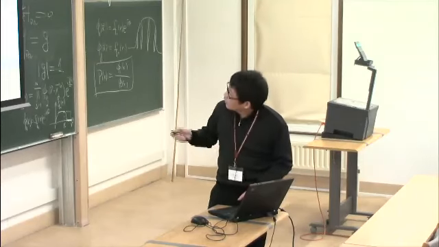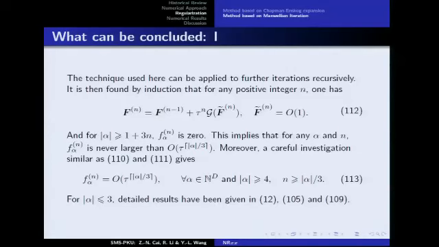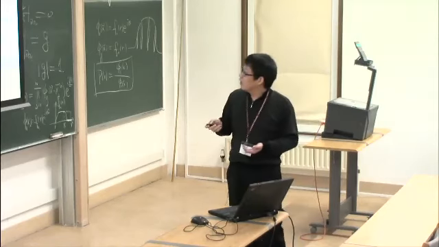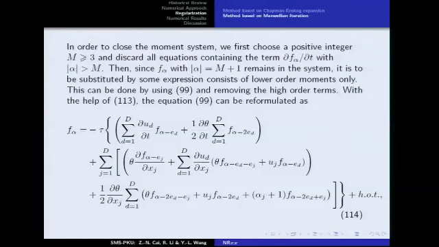So with the information about the magnitude of all those coefficients, we can try to remove all the high order terms in the moment system, and it can be reduced to this form with some high order terms,